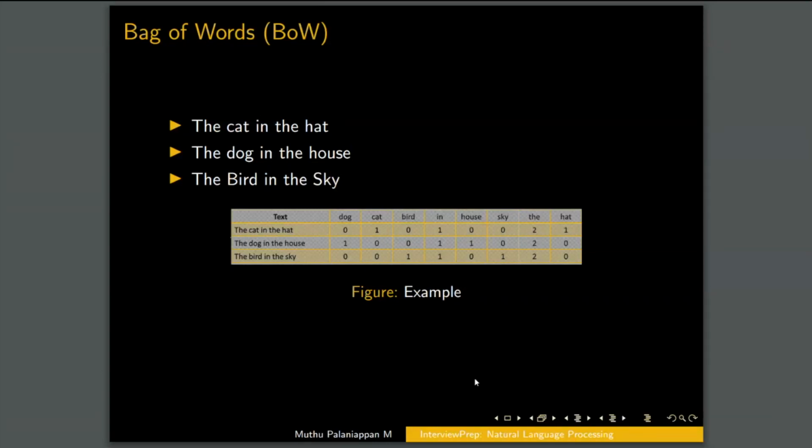But for example, let us say you rearrange the term, "the house in the dog." It doesn't make any sense, right? "The house in the dog." You're going to get the same text representation. So it ignores the grammatical meaning. It doesn't make sense of any grammar. It doesn't give importance to the grammar. It's just going to consider the